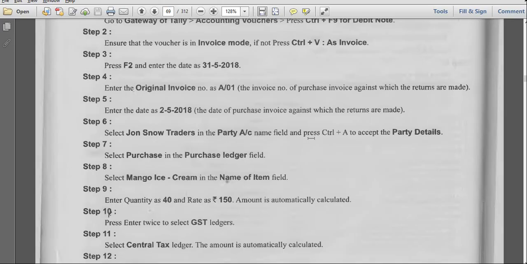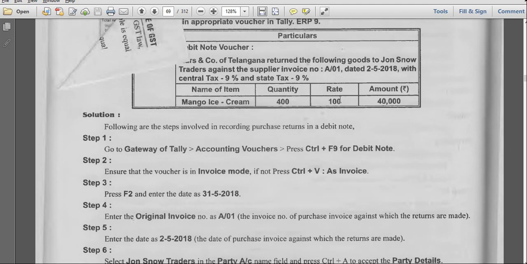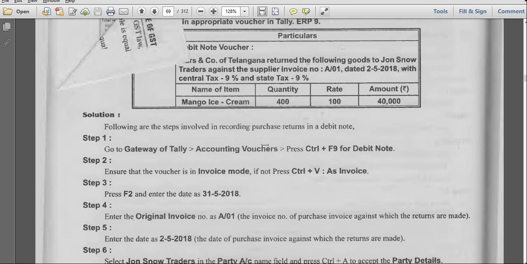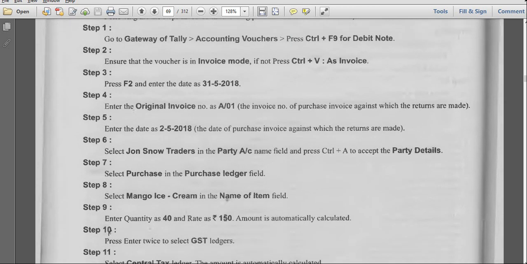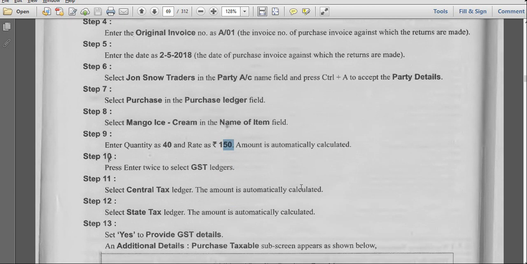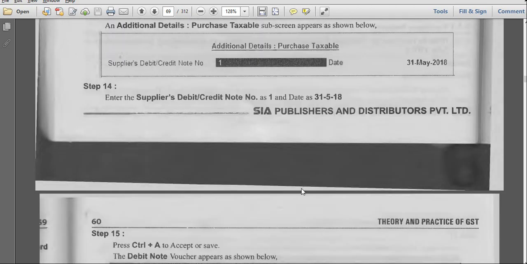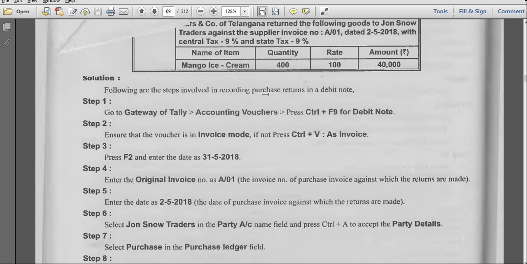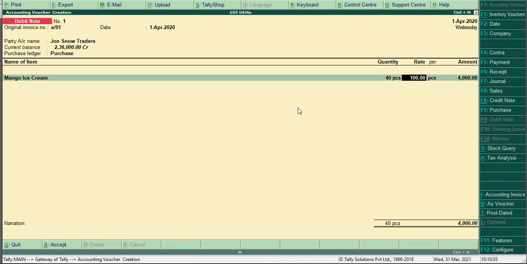Actually it is 100, not 150; this is a printing mistake, and 100 will come automatically. The quantity is 400, not 40. So 400 into 100, okay, done.